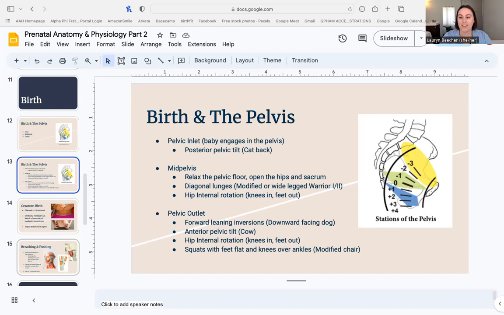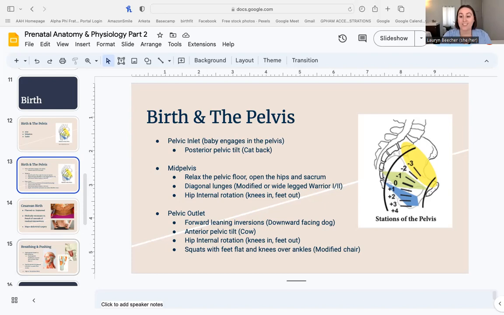is a little bit of hands and knees rocking. So I have people come into a hands and knees position, first just with their knees in line with their ankles and their feet. So you think of your traditional tabletop position. And just see, if I keep my tailbone lifted, so I keep that natural arch in my low back, and I rock forward and back, as I breathe in and rock back, what do I feel happening at the sit bones? What do I feel happening at the tailbone? Do I feel any movement or any stretch at the pelvic floor and the sacrum and glute area?